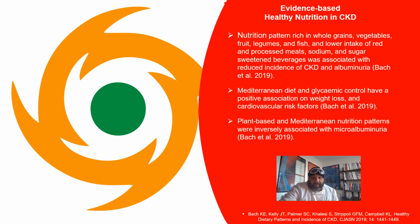in works by Batch and team in 2019 to highlight that a link between certain food types and categories, a sort of a good versus a bad, in the works by Batch and team in 2019,